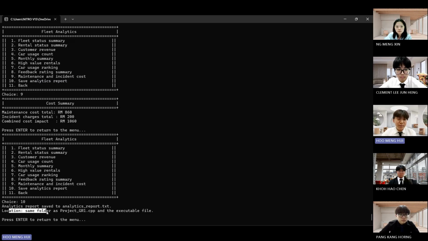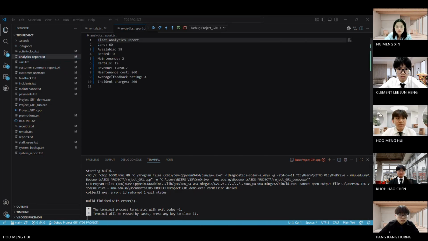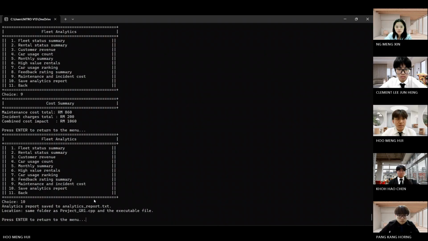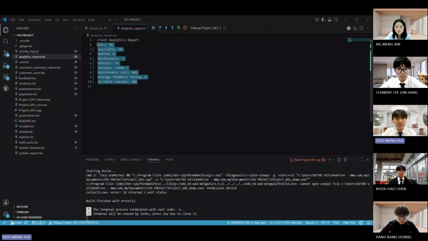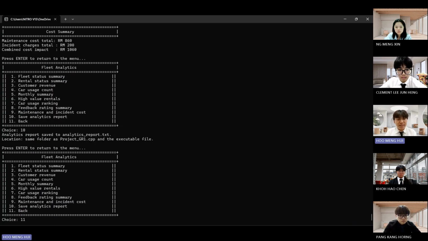The location is the same folder as project group 1 CPP and the executable file. Now we go to the analysis report. Yes, it shows everything we keyed in just now. Option 11 is back.